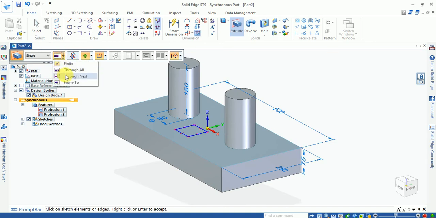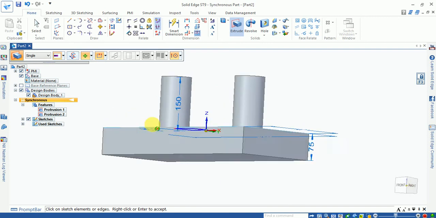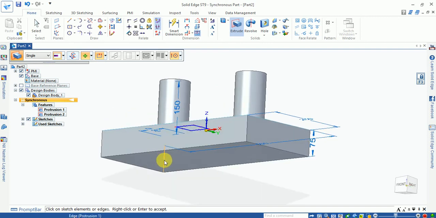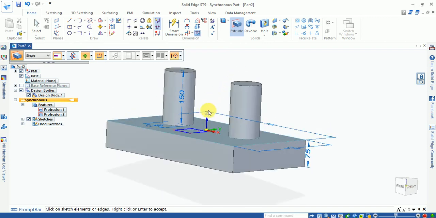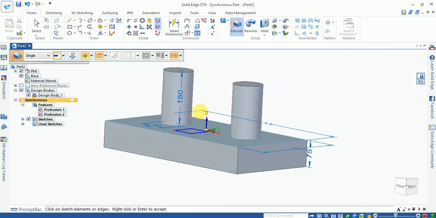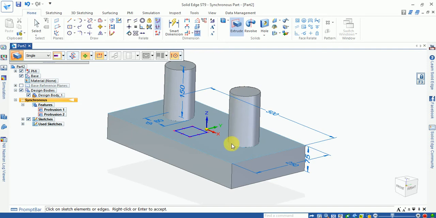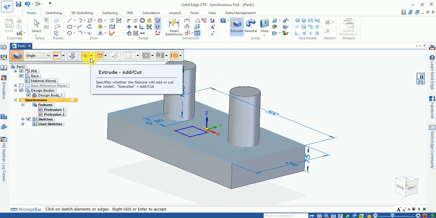This one is through next, up to next: you can select this downward face, then the extrude goes up to this face. Now you can see from-to. You can choose two points, this point to this point, then this closed sketch extrudes up to this point.